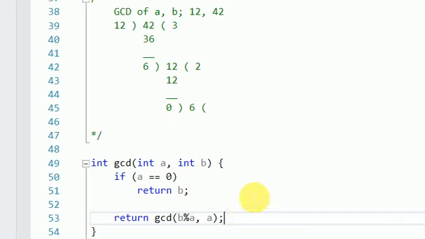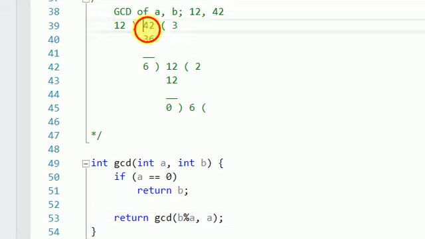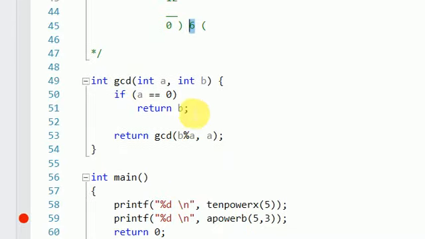Clear? So let me explain you one last time. In the first state, A is 12, B is 42. In the second state, A will be the remainder of 42 and 12, and B will be the current state divisor, which is 12. So whenever you encounter 0, if the divisor is 0, the dividend is the answer. If you run the program,